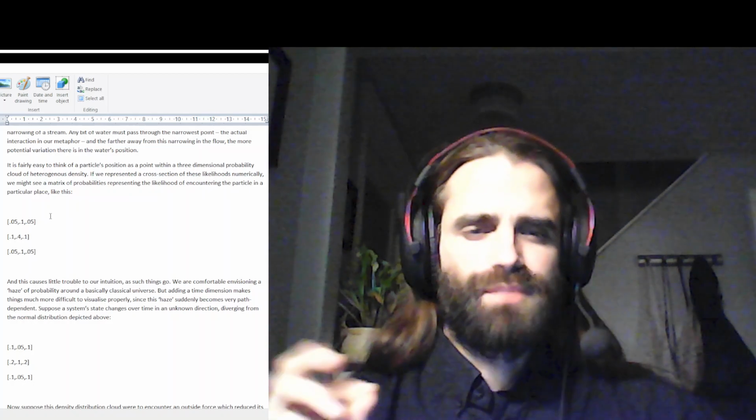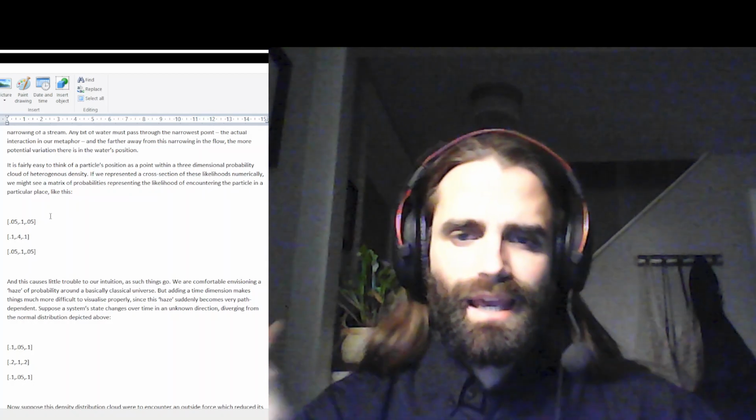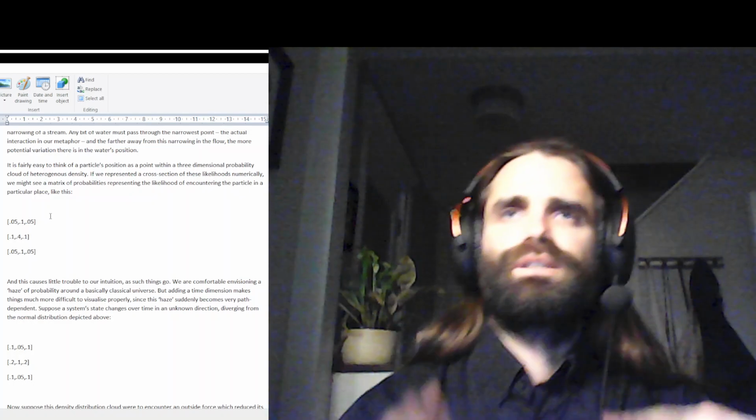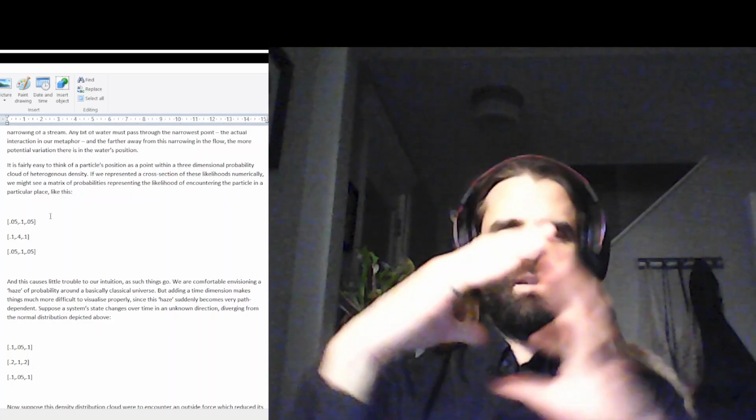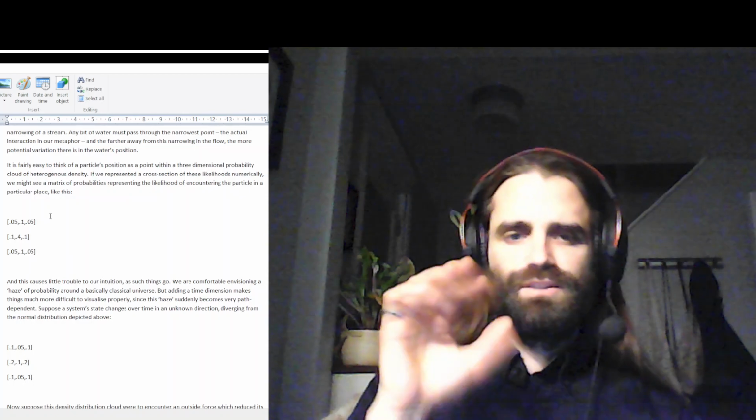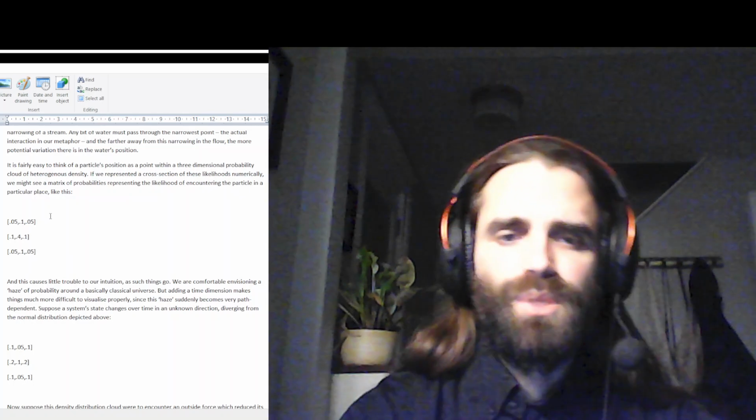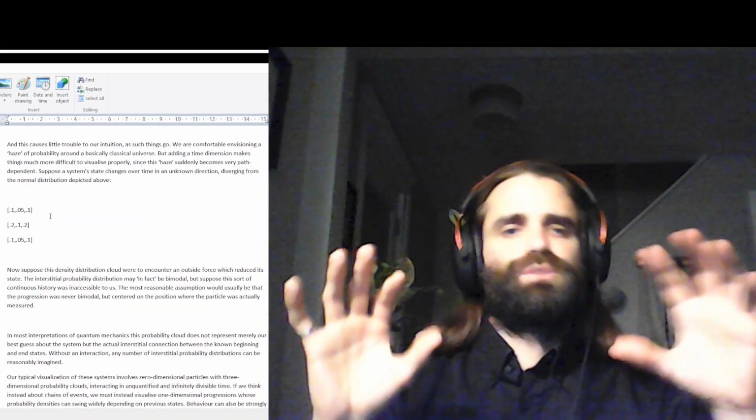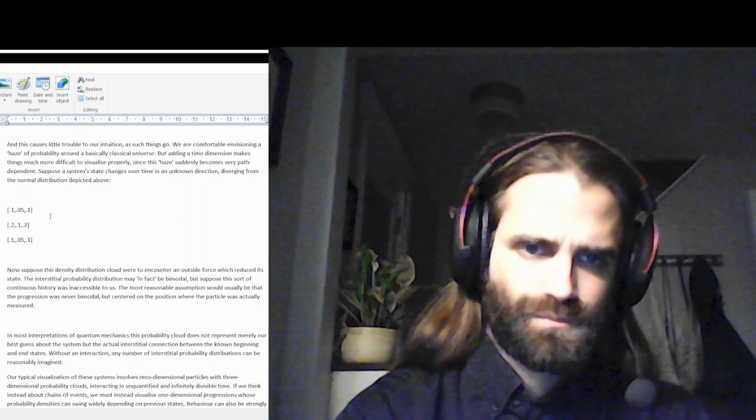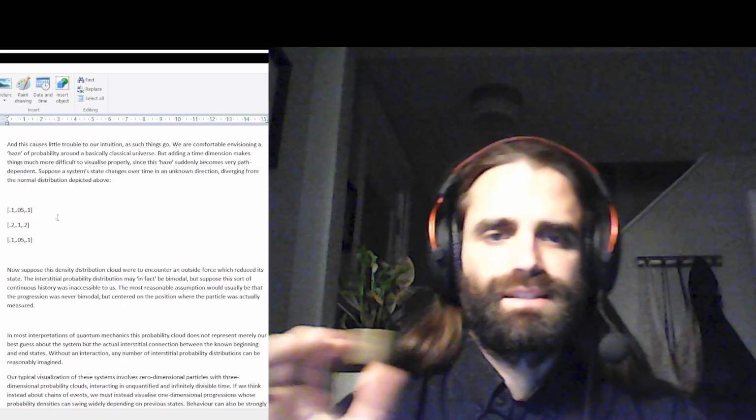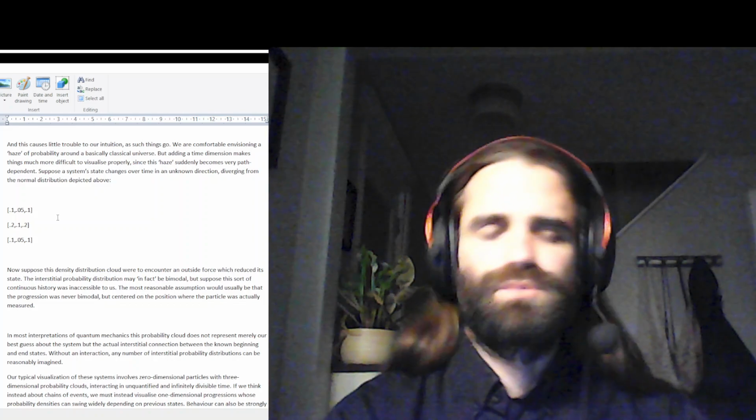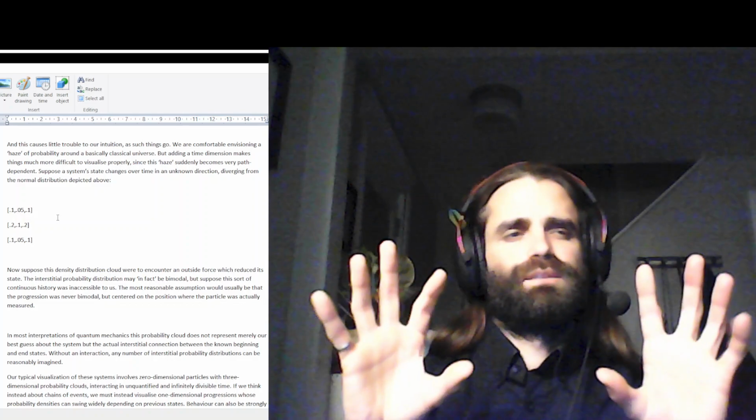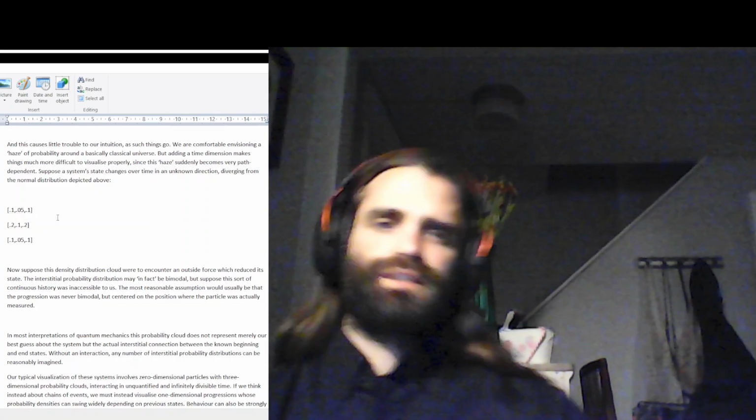But if we add a time dimension, it makes things more difficult to visualize properly because this haze suddenly becomes very path dependent. Now, suppose we start out with a matrix with a high value in the center and then decreasing clouds of likelihoods of observing away from that. Suppose that there's a drift going on, and rather than a high probability at the center, we have a bimodal distribution in our matrix of possible states. Now, suppose this density distribution cloud encounters an outside force which reduces the state. So where we have a matrix with a bimodal distribution of probabilities of observing the particle,